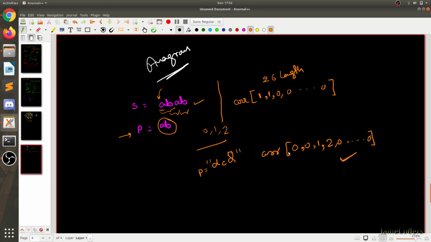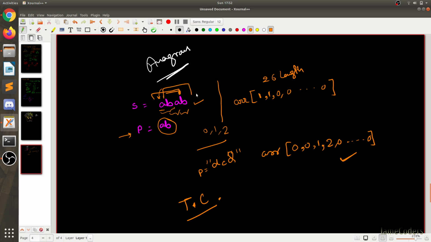We will take this and compare every time. So what will be its time complexity?